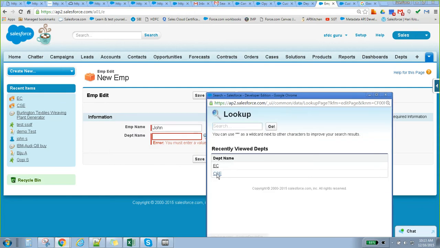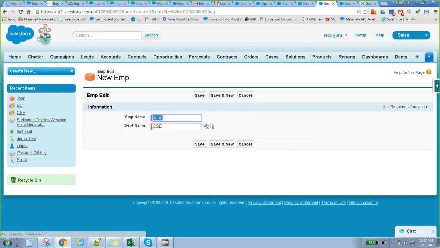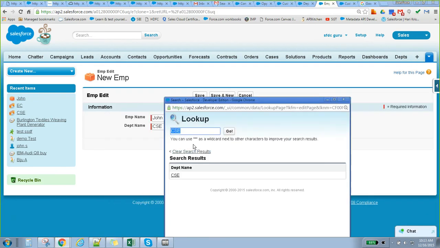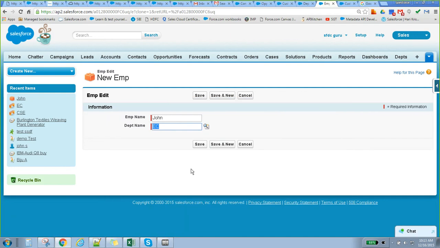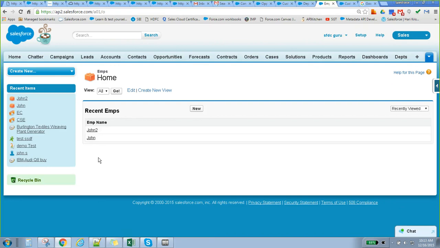Department name is CSC, and here it is saved. Then clone, and I will change CSC to some other one, EC. This is nothing but a mandatory field. So if you see the employee, there are two entries, correct?